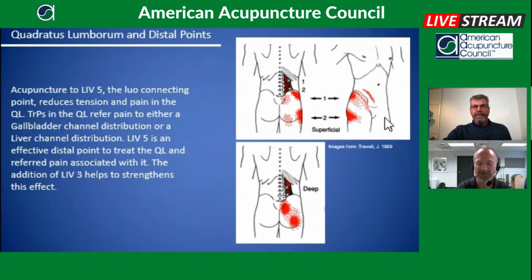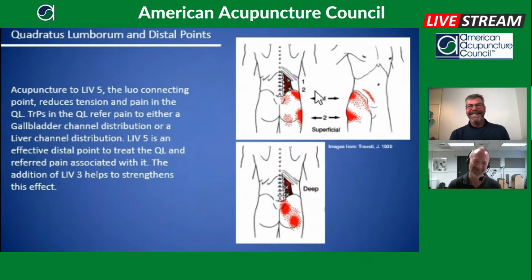this is what, well, first of all, let me give a quick statement that this is the old edition of Travell's book, because I think the 3rd edition is the newest edition. They've taken out these X's because trigger points can form anywhere in the muscle. I kind of like the X's. I mean, it's pretty accurate. Around for a long time.